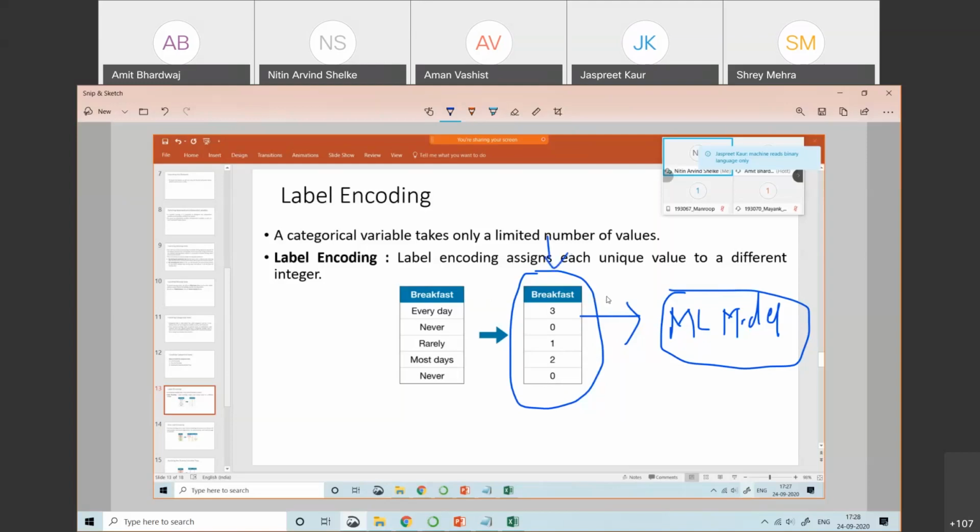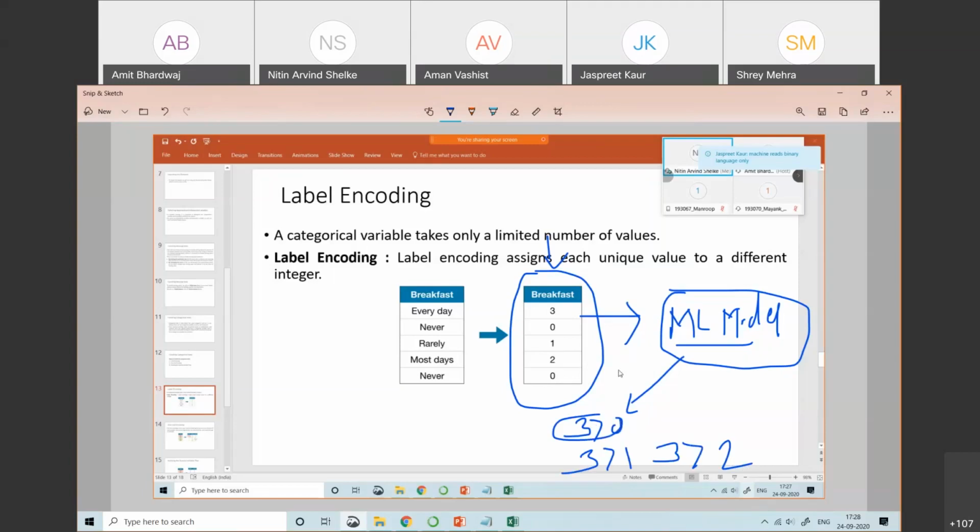Internally, as I already told you, ML does some mathematics, and mathematics is always on numbers. It calculates the correlations among these numbers, like comparing this 3. The ML model compares: 3 is greater than 0, 3 is greater than 1, 3 is greater than 2. This is what the ML model performs internally.